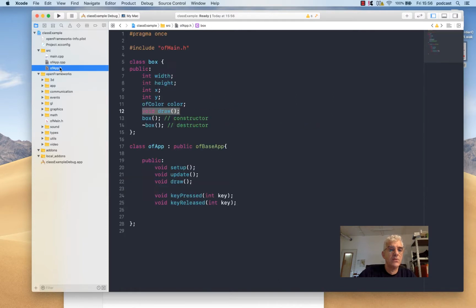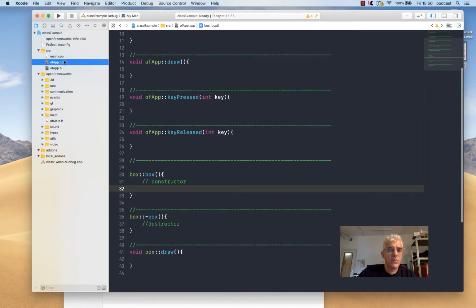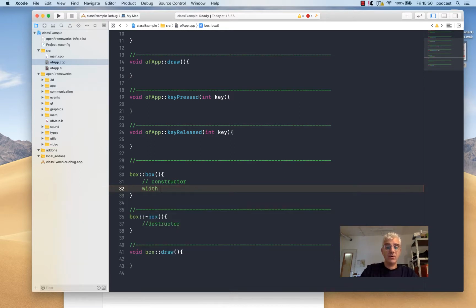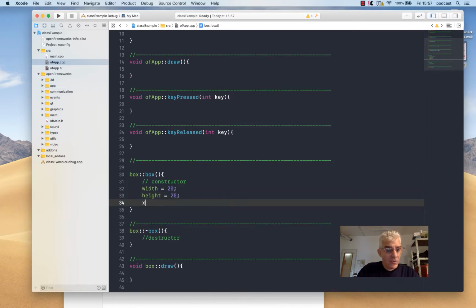The first thing that I need to do is have a look at the header file. Well, we've got a width, a height, an X and a Y, and a color here. So I'm going to set them up. So if I say width, now they've already been declared in the header file, so now openFrameworks understands that there's a variable called width that will be relevant inside the box, and I'm going to say the box width equals 20 pixels, and the height equals 20 pixels, and the X position